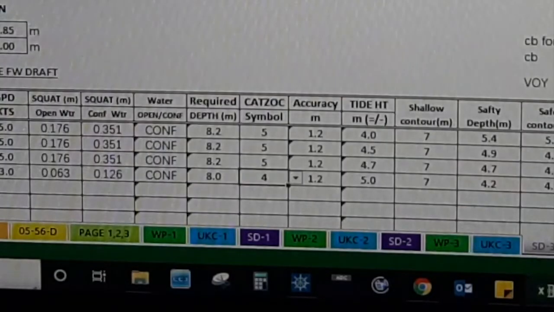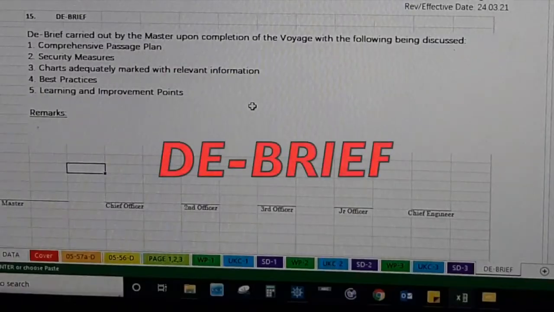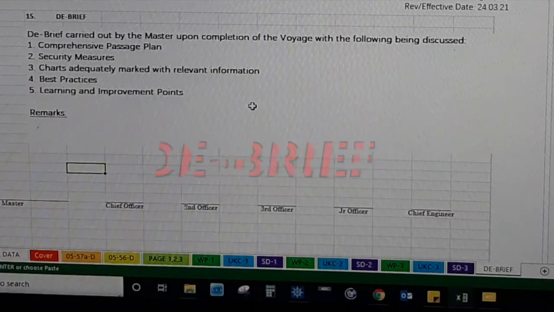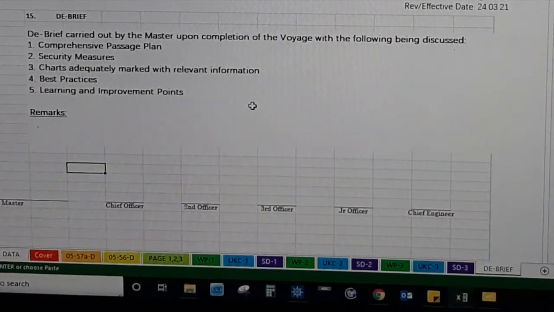Again, finally we have the debrief. The debrief option is the new amendment of the passage plan. As you already know, the passage plan has 4 different stages. You already studied in your academy: appraisal, planning, execution and monitoring, but this one is the latest one, this debrief option. This is the latest amendment. As per the last SIRE inspector, he also asked me what about the debrief. This debrief option is basically, after completing any passage, we go for another meeting,